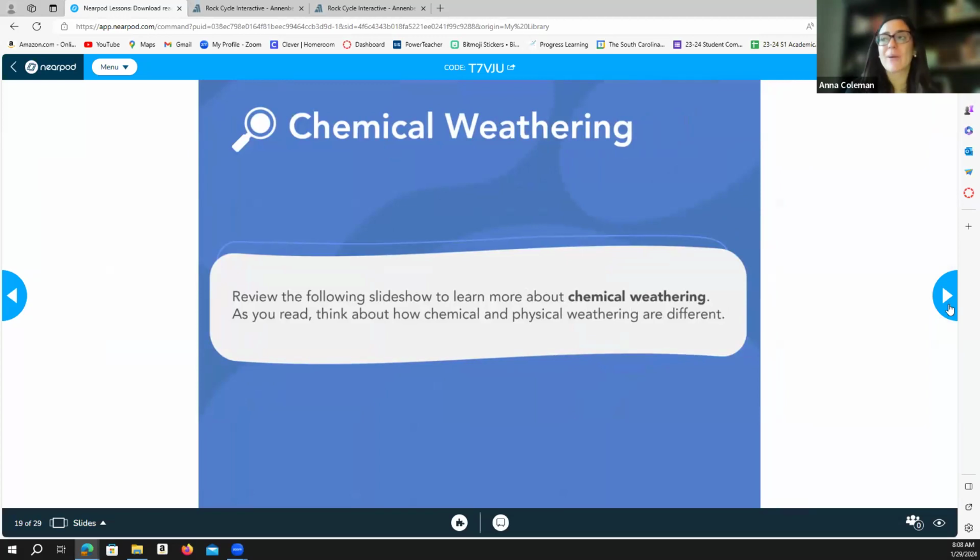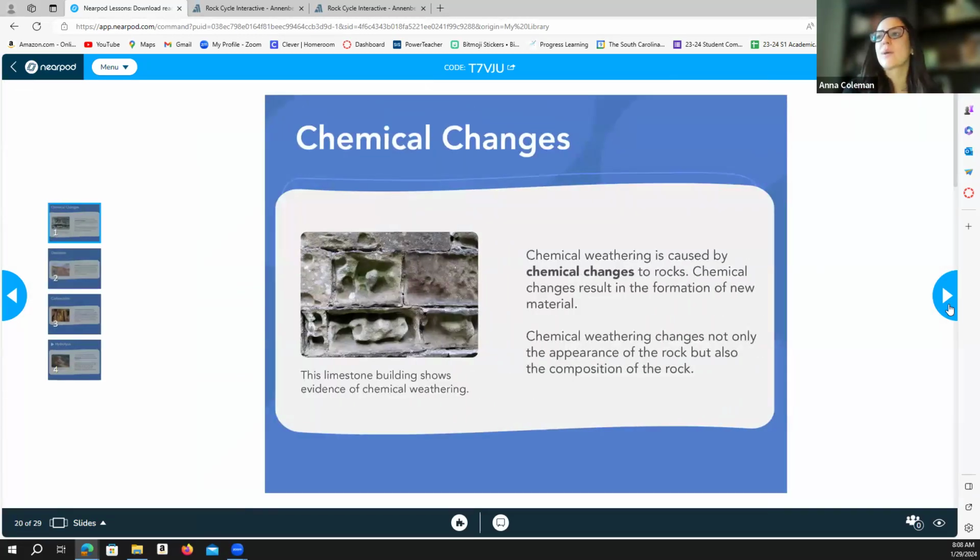Let's talk about now chemical weathering. Physical and chemical weathering are different, okay? Chemical weathering is caused by chemical changes to rock. So chemical changes result in the formation of a new material, right? So chemical weathering changes not only the appearance of the rock, but the